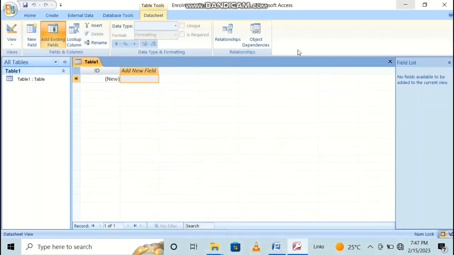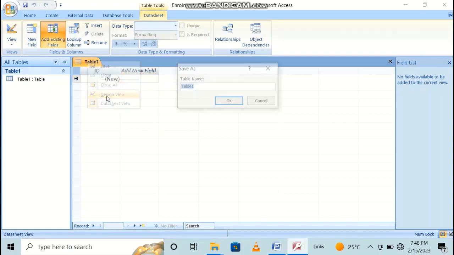Now how do we create a table in a database? First of all, come here, table 1, right click, go to design view, like that. It says save as table name, so you give the name of the table. The first table is students table, so you write here students table. Now when you click OK,